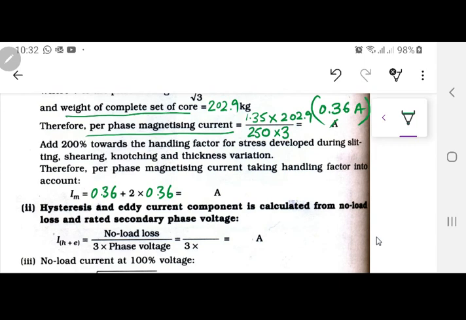In the industry, in Pakistani industry, they have strict rules on this one. So if they got 0.36, they just double it. Okay? Because all the factors of stress develop during slitting, shearing, notching, and all that stuff over there. So I don't know why this book is going with that 200% over there. Maybe this is an Indian author book, so maybe they have it. क्या value है जी बताओ? 1.08. So this is actually the exact no load current which is being.